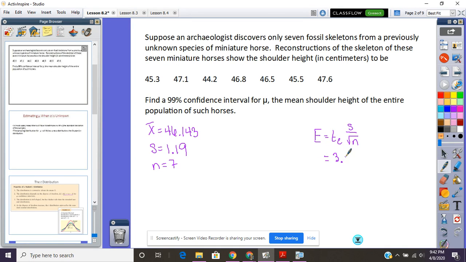We found our s to be 1.19, and our n is 7, so we do the square root of 7. So our E is going to be whatever that calculates to be. So 3.707 times 1.19 divided by the square root of 7, and we get